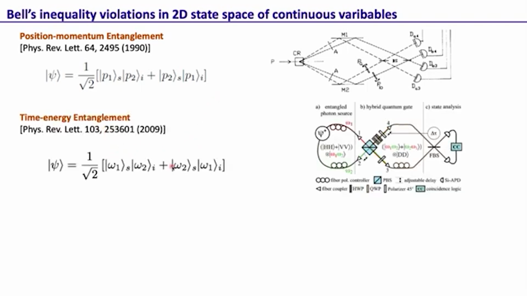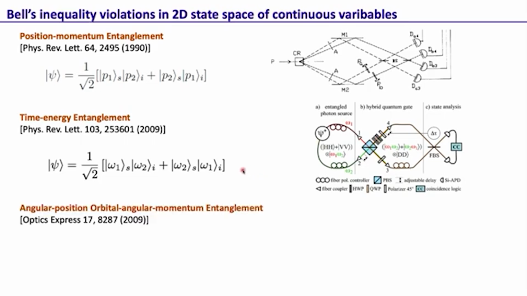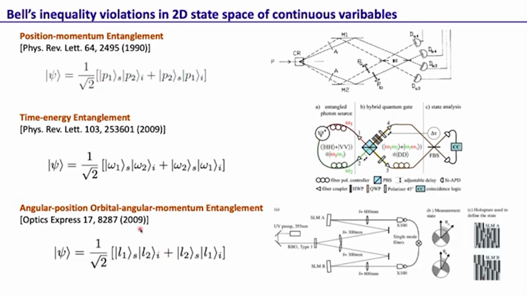Similarly, in this work, as of 2009, they made a two-dimensional state in the frequency basis. So first the signal is omega 1, idler is omega 2, and then signal is omega 2, idler is omega 1. Again a two-dimensional state in the frequency basis, and using this also people showed violation of Bell inequality, and in that case showing the verification of time-energy entanglement. And again, as of 2009, there was this work